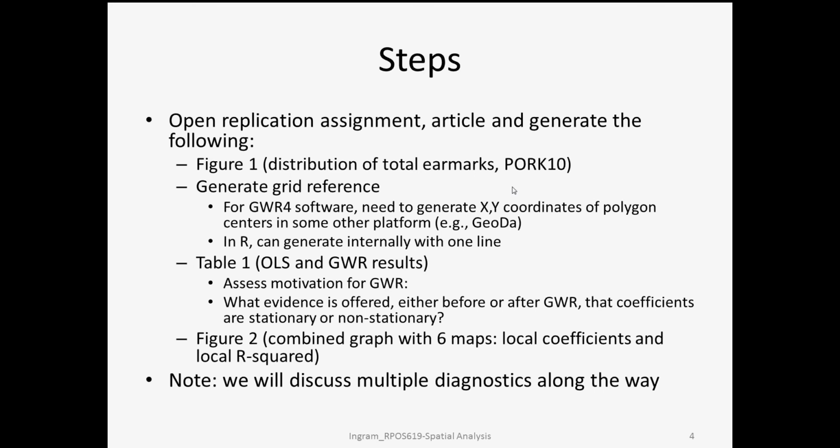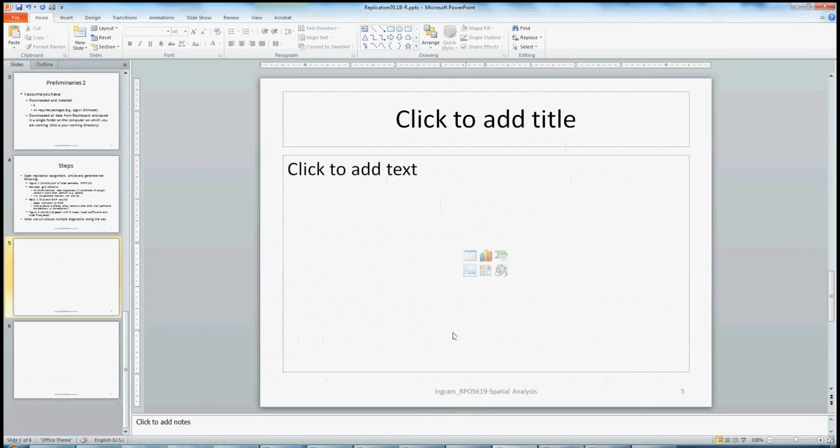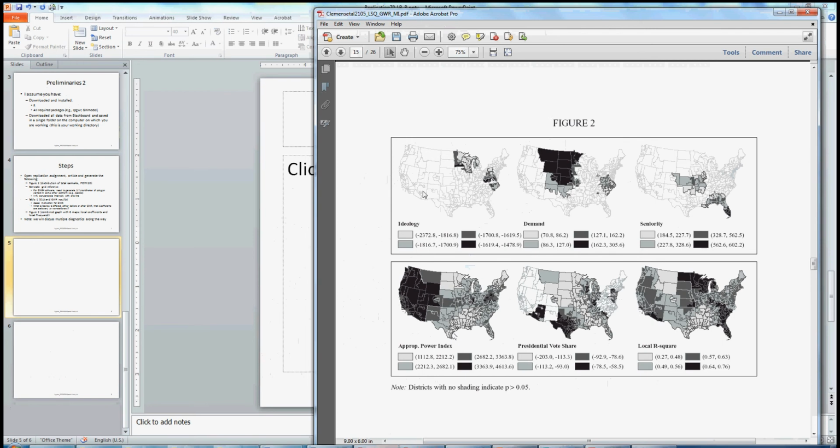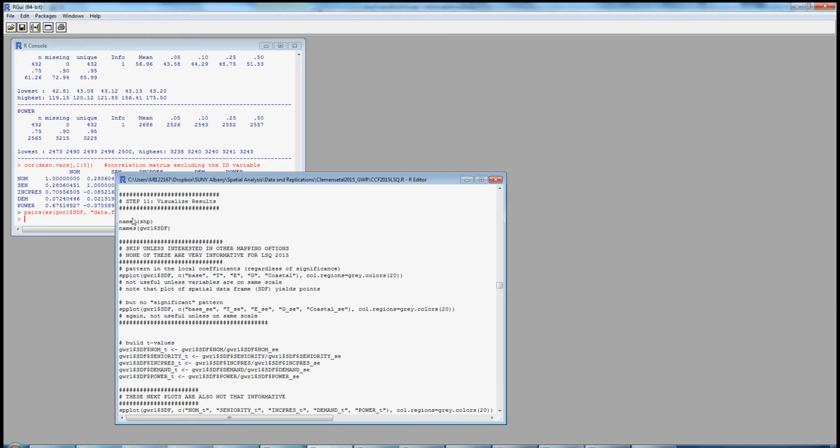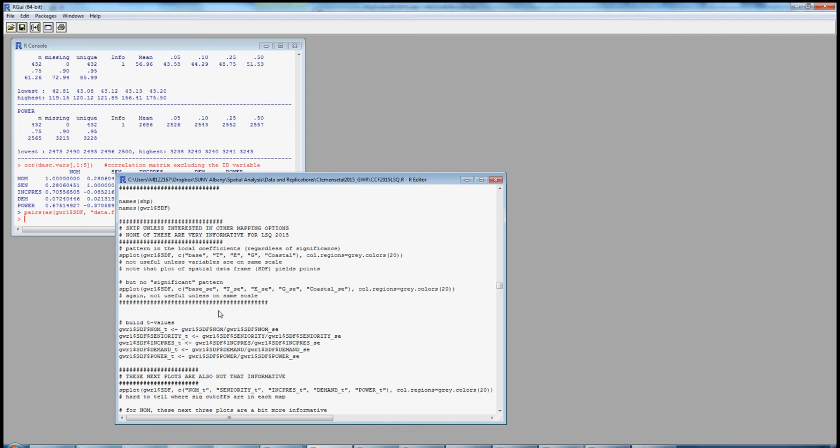What we want to do now is finish up the replication by generating the 6 maps in figure 2. So if we move to the original paper, these are the maps that we want to replicate, and let's return to where we were in R to do so. So we're at step 11, visualizing results,